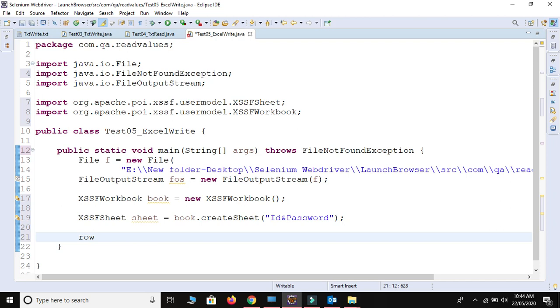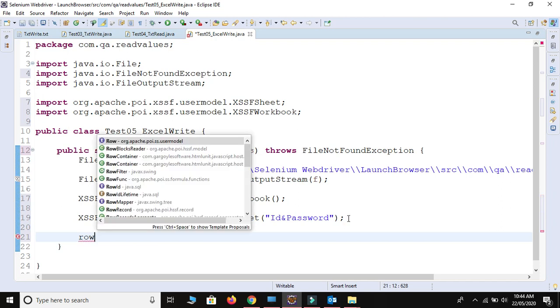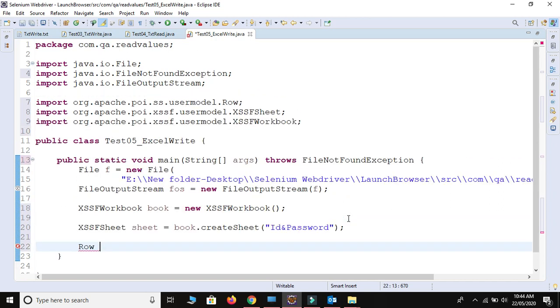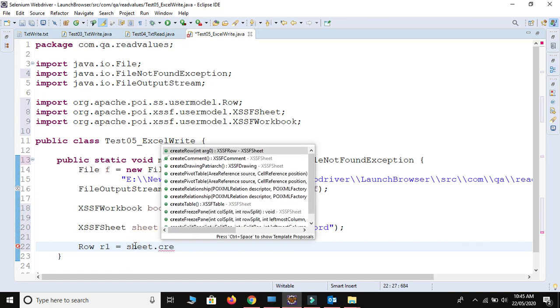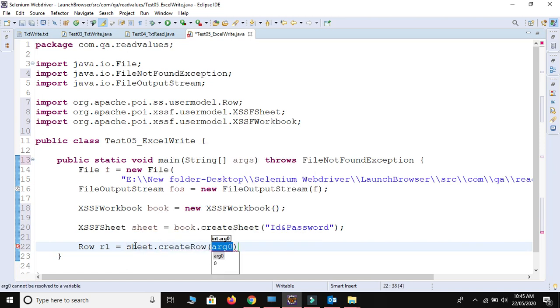So we use Row, again from the Apache POI. Row is an interface. Row r1 is equal to, we are going to create a row inside the sheet. So we use sheet dot createRow at index number 0.